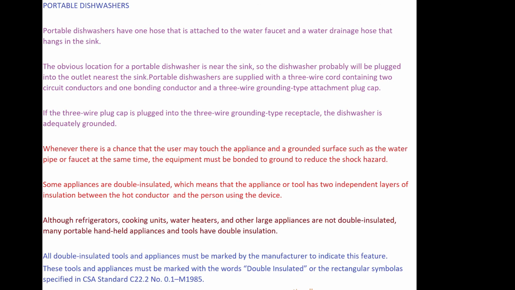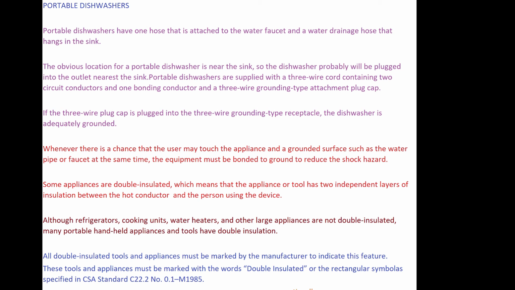Portable dishwashers. Portable dishwashers have one hose that is attached to the water faucet and a water drainage hose that hangs in the sink. The obvious location for a portable dishwasher is near the sink, so the dishwasher probably will be plugged into the outlet nearest the sink. Portable dishwashers are supplied with a 3-wire cord containing 2 circuit conductors and 1 bonding conductor and a 3-wire grounding type attachment plug cap. If the 3-wire plug cap is plugged into the 3-wire grounding type receptacle, the dishwasher is